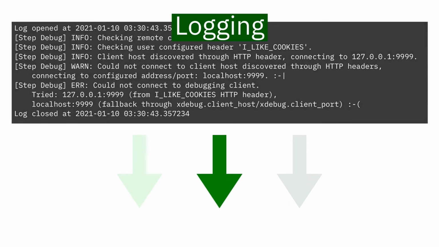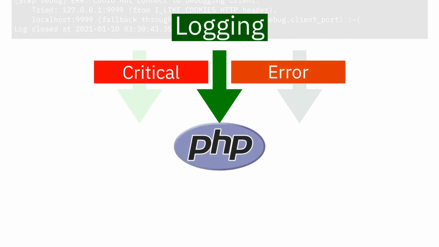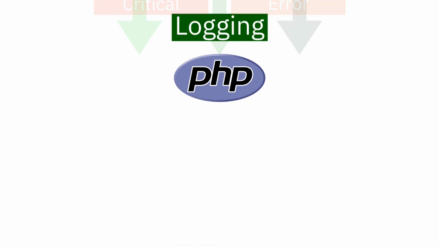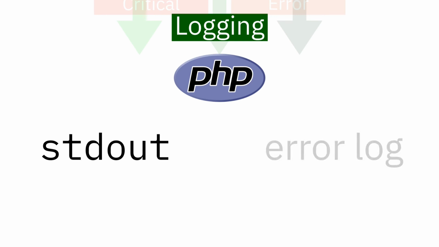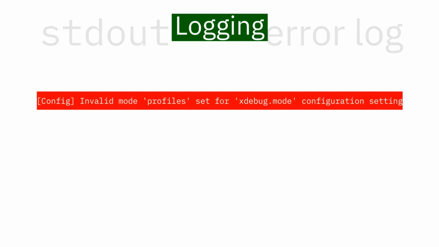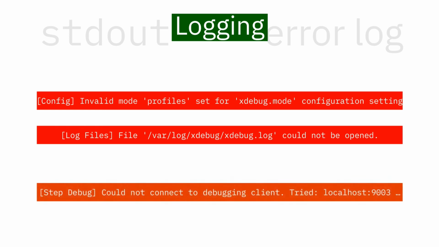The diagnostic log that is part of xdebug_info's output is not the only place where Xdebug 3 sends log messaging to. Every critical message and error message will always be sent to PHP's error log. Messages that are sent there can end up as standard error output when using PHP's command line interface or PHP's error log, which you can configure with PHP's error_log setting. Critical messages include things such as setting invalid Xdebug modes or when Xdebug cannot create its own log file. Error messages include things such as not being able to connect to an IDE when a debugger has been triggered.